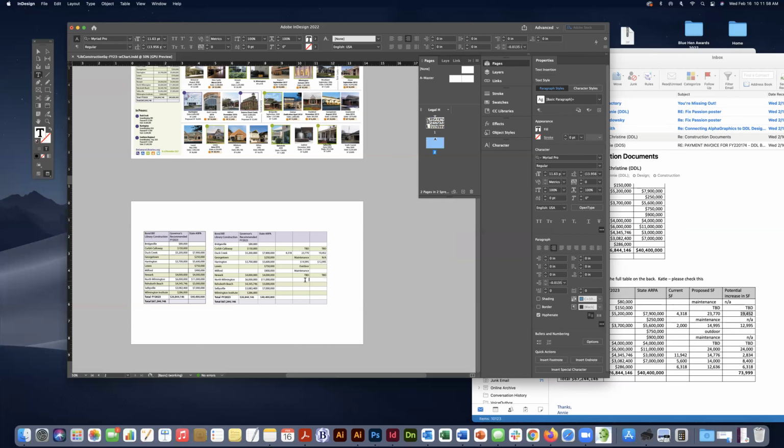24. Oh, so none of these have dollar signs. So let's take that off. This is square footage. So this is 24. This is 24. And then this one has something here. So we have 4.3, we have maintenance, and then we have 2,000. Maintenance, TBD, 24. So this box